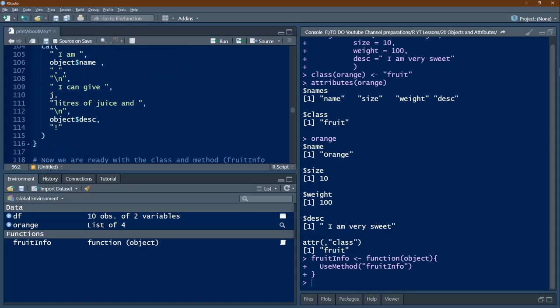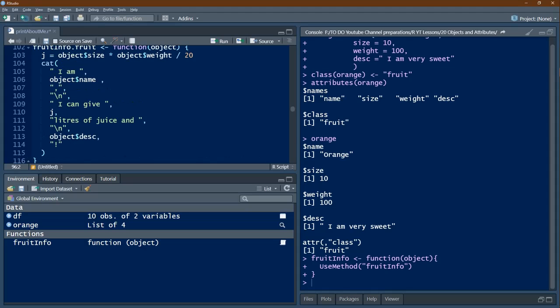Then I am making one cat function. We know that all objects, whatever we give inside, will be concatenated and made into a string. Ultimately, we get a string out of this. I am, then object dollar name, then comma, then new line.